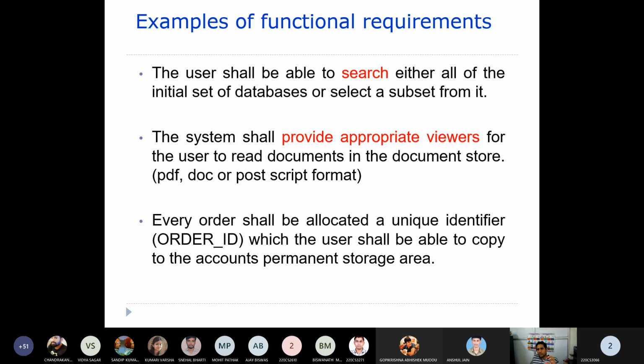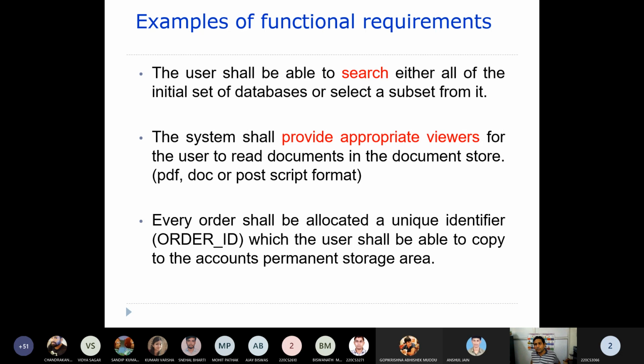So searching an article from various databases is one functional requirement, because when you search an article, you give as input the article name, maybe the article title, or a relevant name of the article, and then it searches in the database, and wherever it is found, that article will be given to you, telling that in this particular library this is available and you can download. So this sort of thing, right?